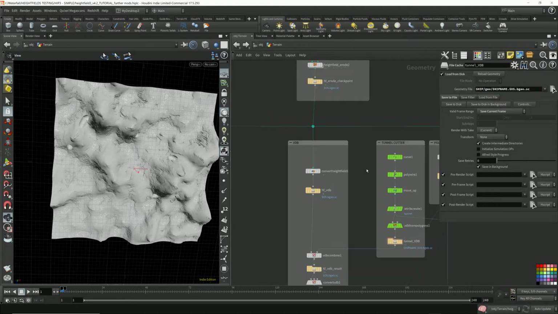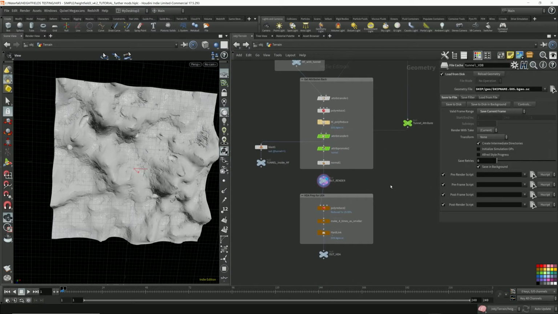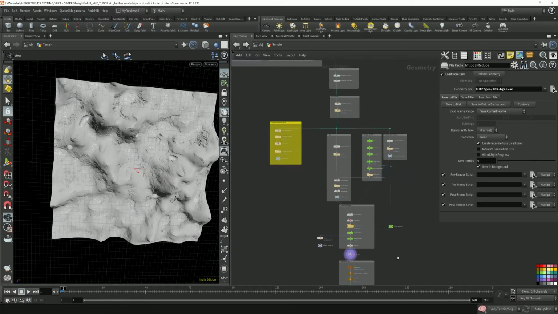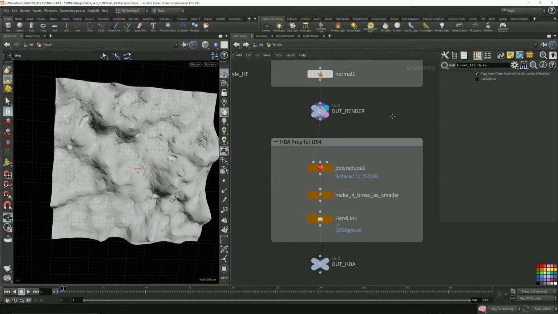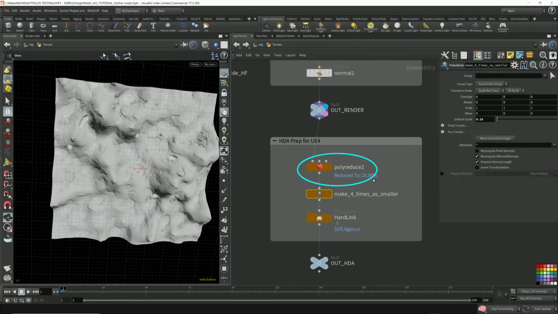So you won't be able to properly import the HDA into Unreal Engine if you just simply rely on these file caches. What do we do? I mean, I don't want to recook this whole thing in Unreal Engine. It literally takes hours. You can still use a file cache. So after I put down my poly reduce and I made it a little smaller,